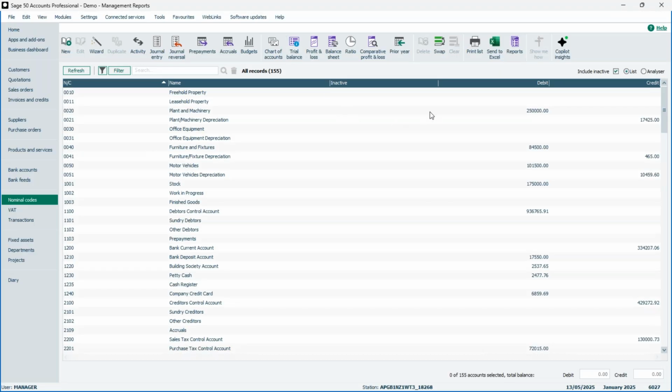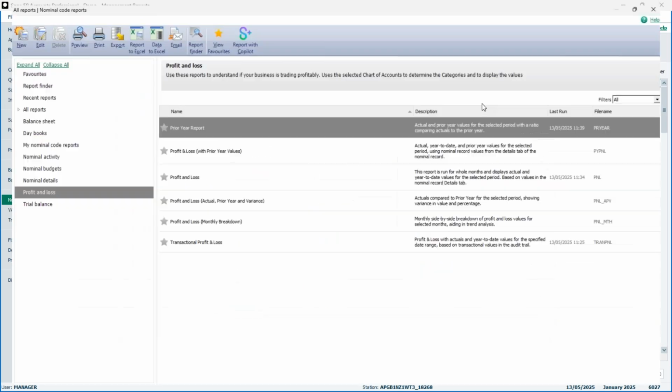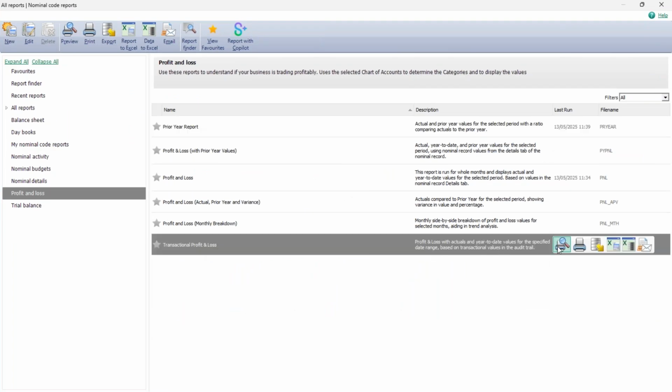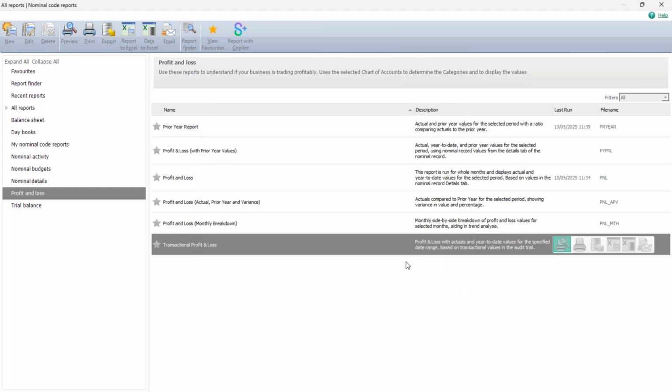Now the final option that we're going to cover is the transactional profit and loss. So we'll access that report. It's the same report that we've been using so far in the other areas as well. So again, nominal codes, reports, profit and loss, and then transactional profit and loss. Just preview it. Now, if I choose last financial year, so defaults to the 1st of Jan 24 to end of December 2024, I'm not going to do anything else, but if I okay that,